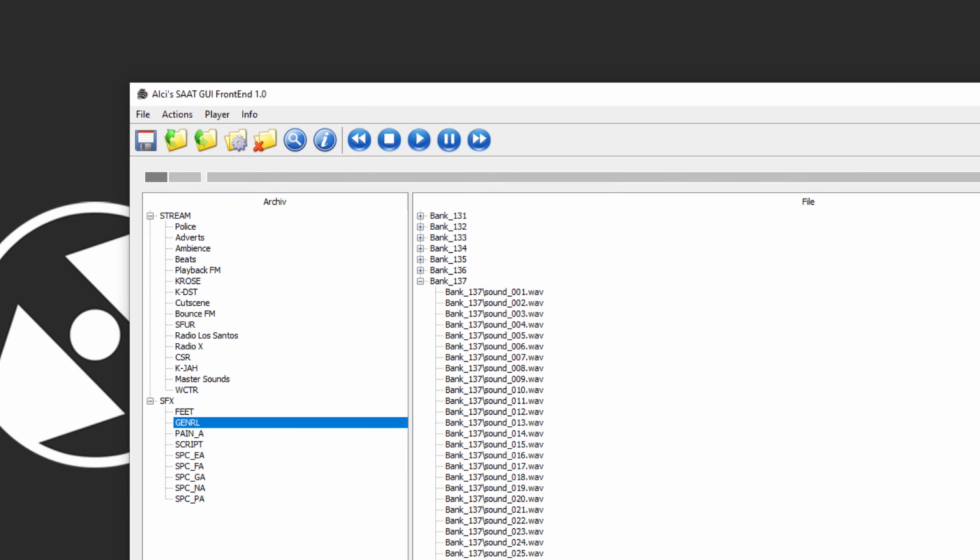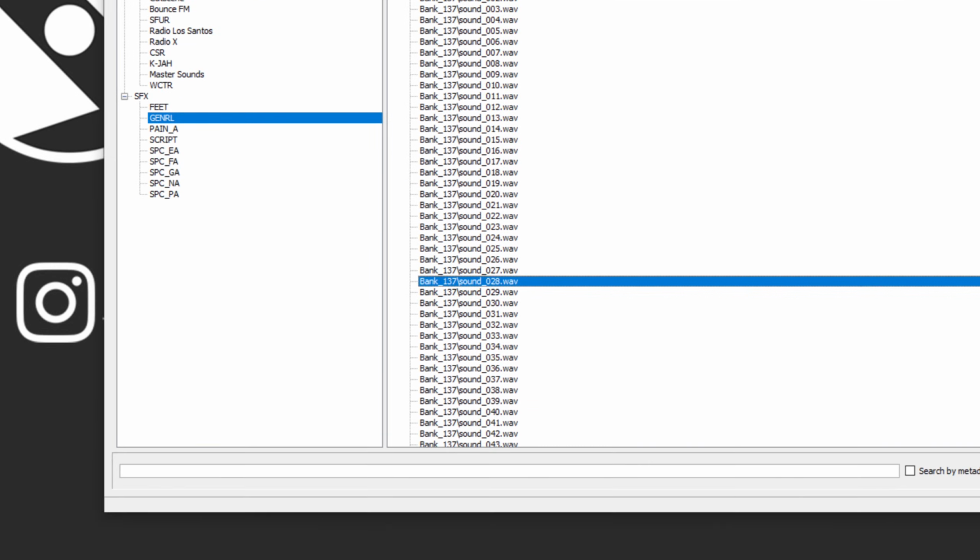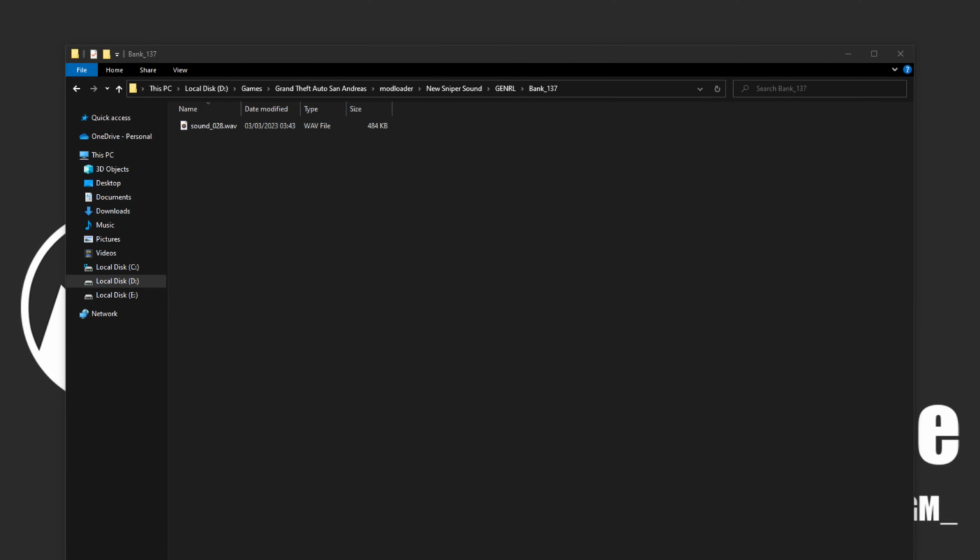And the sound file itself in this bank is sound_028.wav. So if you wanted to use a different sound file for the sniper and load it with ModLoader, the folder structure inside ModLoader should look like this, exactly as it did in the package. ModLoader will use this sound file instead of the original one located in the general package.